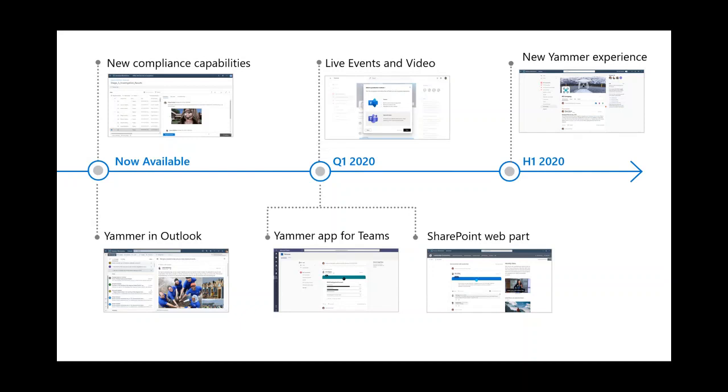We'll also have a revamped SharePoint Conversations web part that inherits the new Yammer styling. It gives you best answers, the new publisher experience, and so forth. And we have some new live event and video experiences that Kasha shared with us.